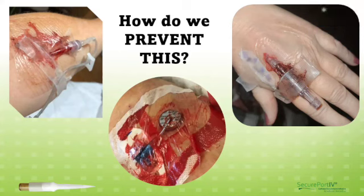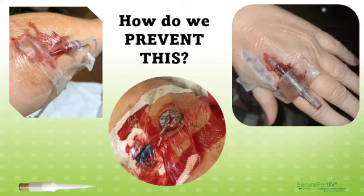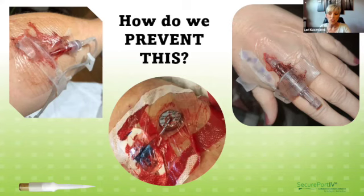If there was some bleeding or oozing, maybe we're going to take that catheter out in a day or so. We don't want to risk losing that IV, so we leave it like that. But really, it's putting our patients at risk for infection as well as failure of that catheter. So I'm here tonight to share some strategies, and not just my own, but all the strategies that we have,